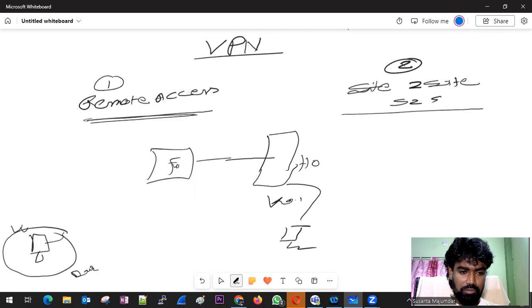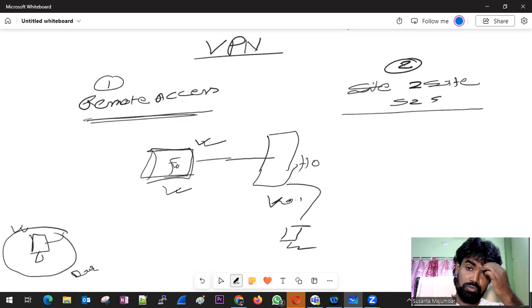What do we have to configure? In the firewall you have to configure VPN, based on your firewall device like Palo Alto or FortiGate or Cisco ASA. Cisco ASA is mostly wiped out. You have to create remote access VPN.